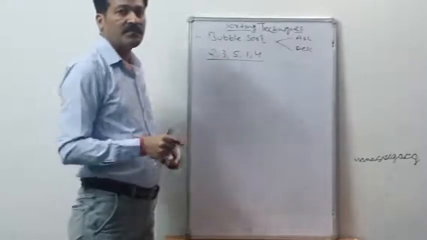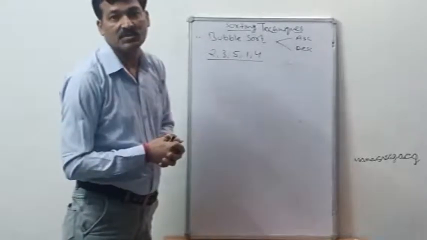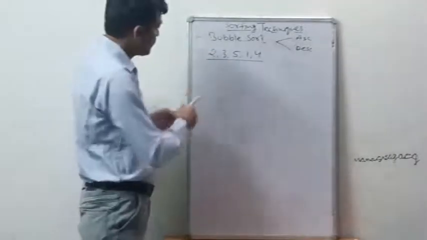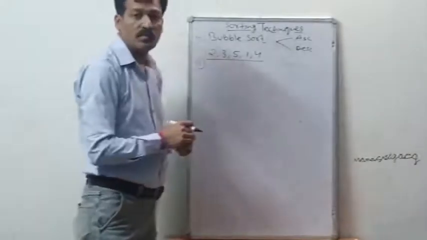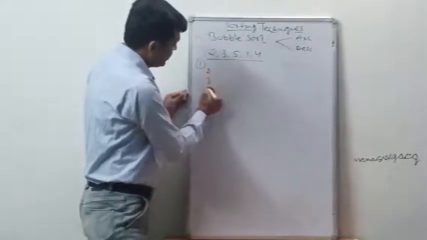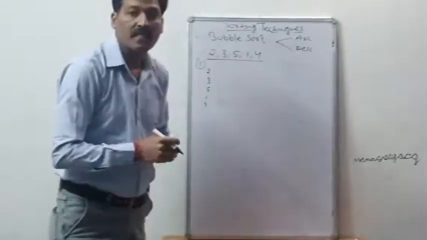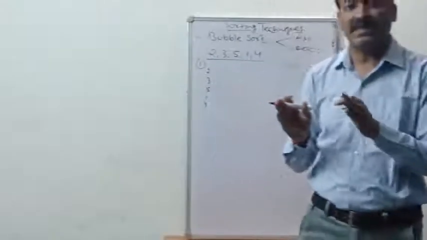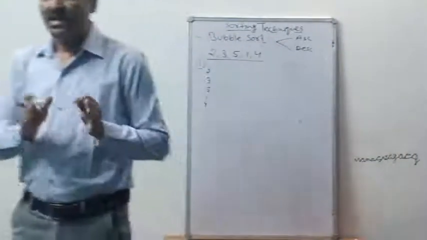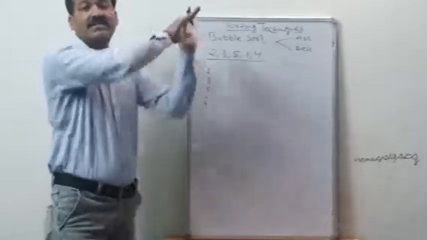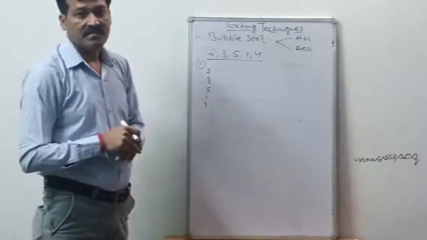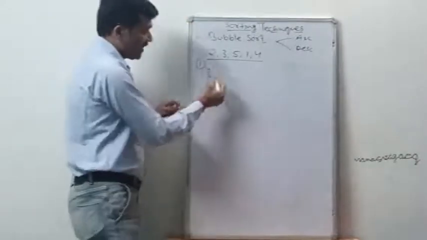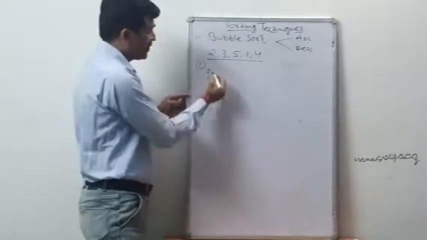As the condition is written, if AR of j is greater than AR of j plus 1, then they are swapped. In the first rotation of the outer loop, the technique, when we place the elements of the list in ascending order, is that the greatest element will be shifted to the last, so that finally the smallest element will be at the top of the list. Look at how the swapping technique works with bubble sort.